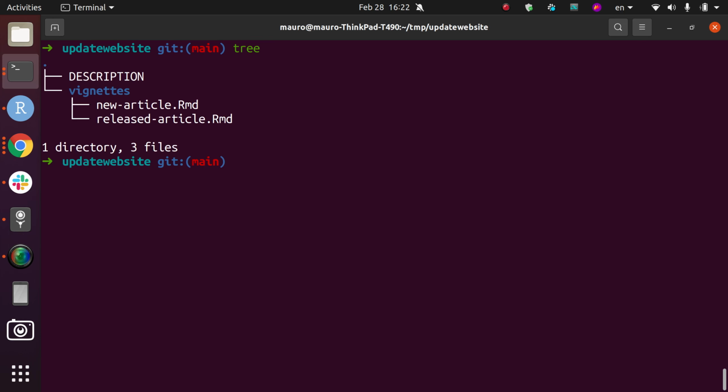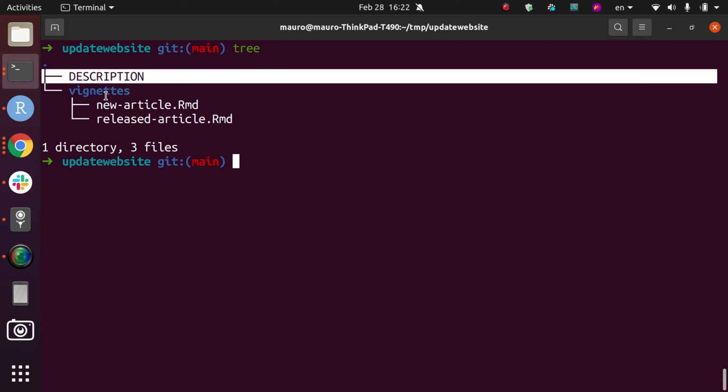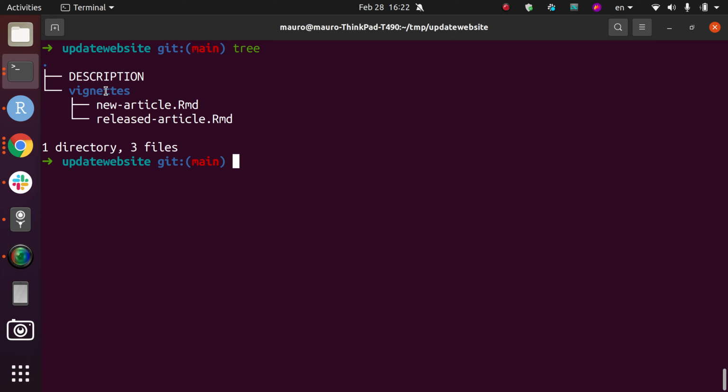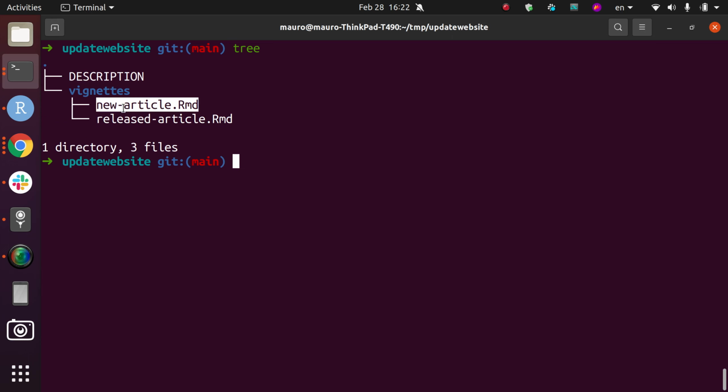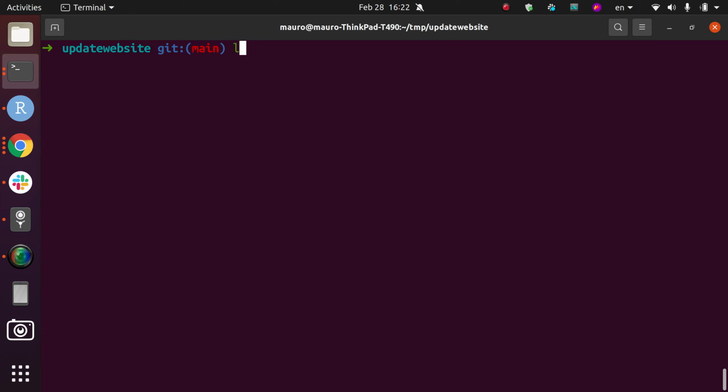So right now we have the situation. This is in our package. It has a description file. It has a vignettes directory where it has an article that was released a while ago and a new article that was added now. So let's have a look now at the log